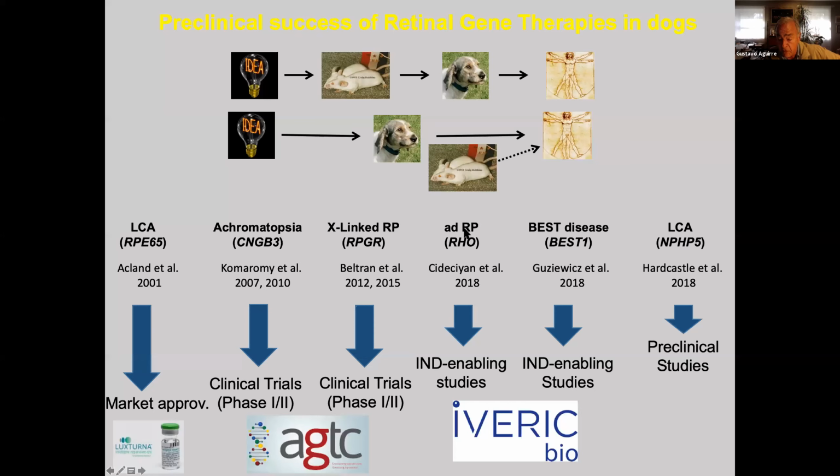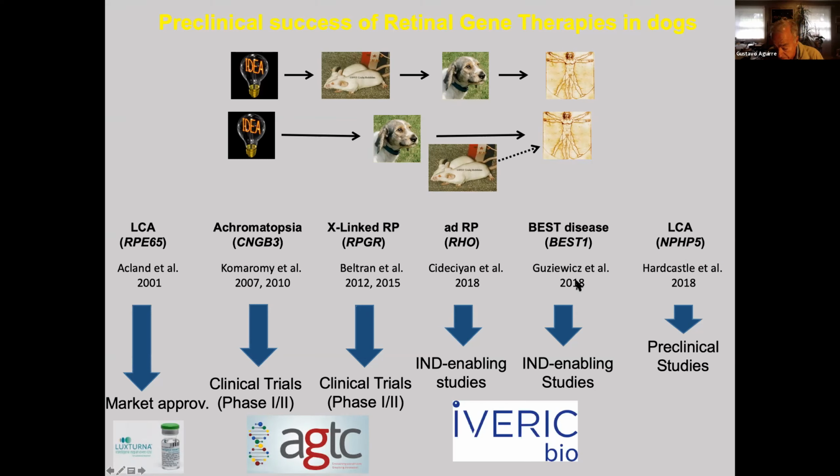Ongoing studies involve rhodopsin ADRP, where we have a gain of function mutation in this gene, and we need a combined knockdown replacement strategy that has been very effective, and also with BEST1 disease, best vitelliform macular dystrophy. And that is now ongoing through Iveric Bio. And lastly, we're just beginning the preclinical studies now with LCA, a form of LCA caused by